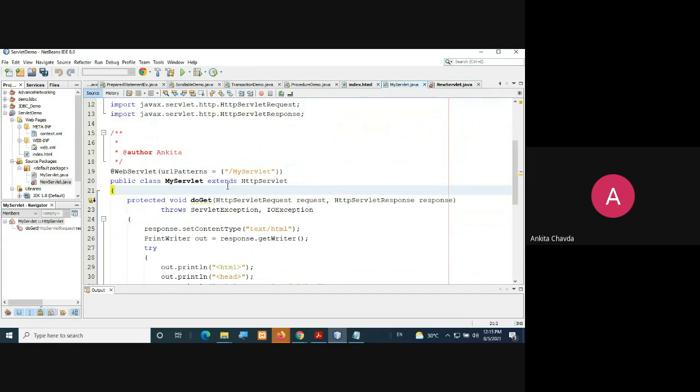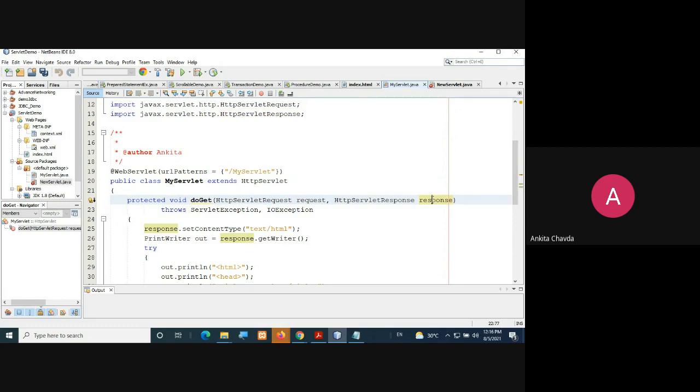Okay. So what I have done is, this is my public class MyServlet, which extends HttpServlet. In that I'm having one method, the doGet method. In that, HttpServletRequest, HttpServletResponse. This is your class, and this is the object you have created.